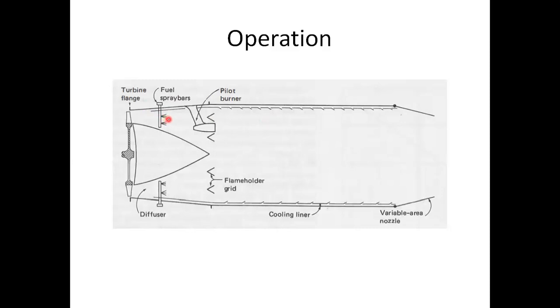Another DGCA question. Here there is a pilot burner. Instead of an igniter plug, we call it a pilot burner, and these are the flame holders which will hold the flame inside this section for a better amount of time. Exhaust gases are coming over here and I am spraying the fuel. They combine in this area. The flame holders ensure that the flame does not travel backward, and the pilot burner ignites this air and fuel mixture in this area.